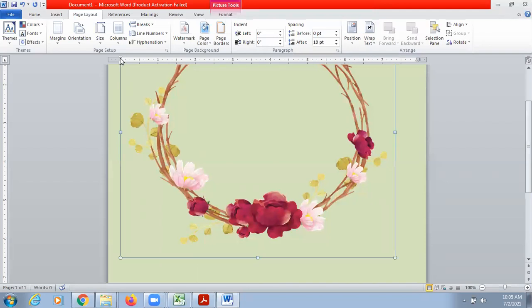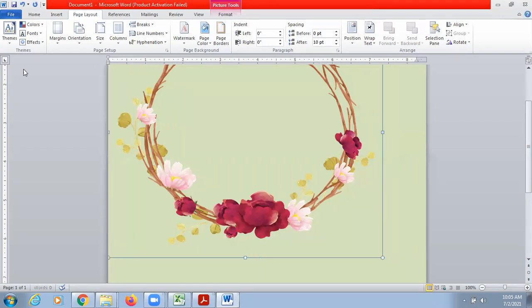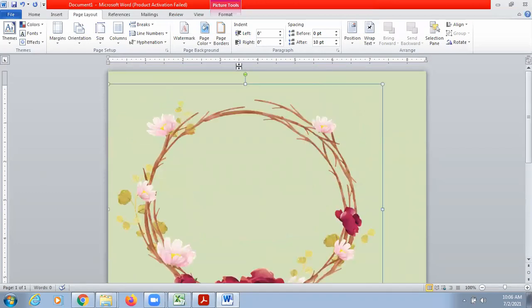Now again you have to shift it from the ruler, because this is not the end of the page. Similarly from the right hand side, from the top, and from the bottom.